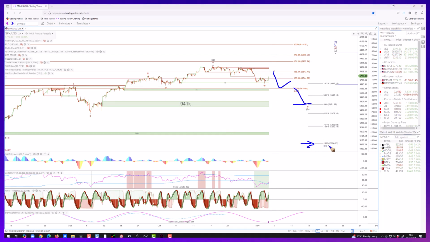There's that 50.90.15 at the bottom here that needs to hold in order for this to be counted as corrective. But make no mistake, it's not inconceivable that this wave 3 is in. I think it's unlikely given the stance of the cycles, but we are expecting a sharp move down into this window here around the mid to third week of November. So another week or so, perhaps a bit more, of downside price action prior to getting that last push up.